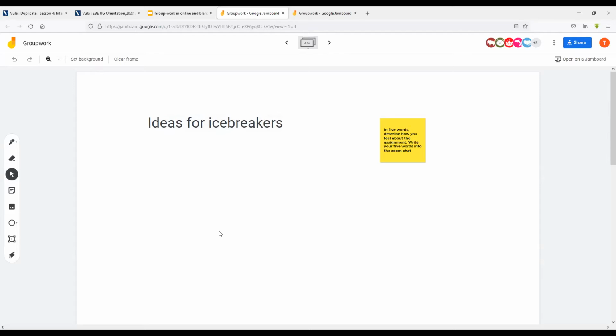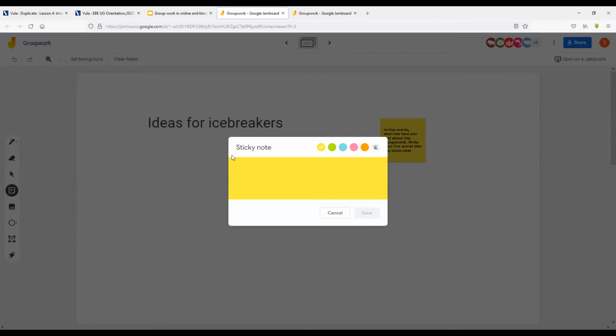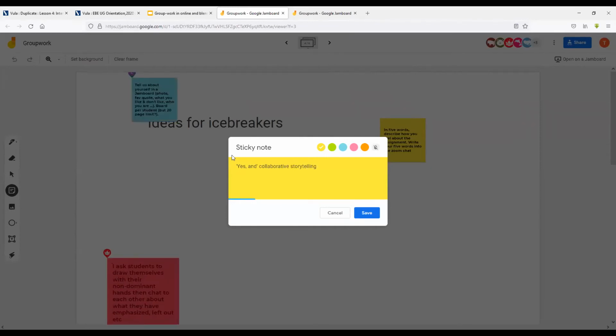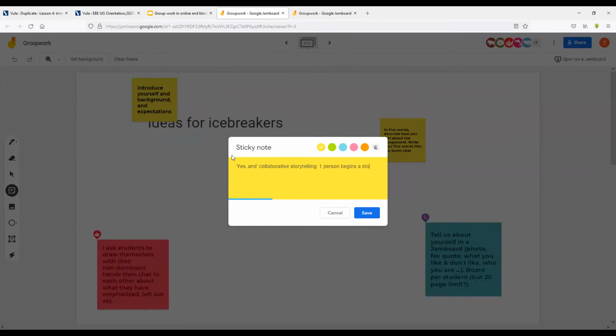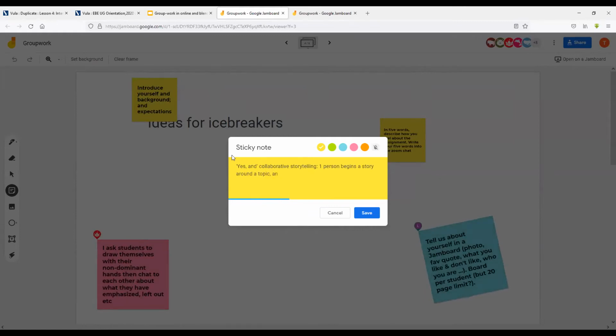Please feel free to do one of two things. Either jump onto the Jamboard and add a post-it, or add some text and let us know about what icebreakers and connecting activities you use to help your students in their groups connect with each other. But also, if you would like to unmute and speak about it, because it's too many words to put onto a Jamboard, please feel free to do that as well. So let's take just a few minutes and work on that.